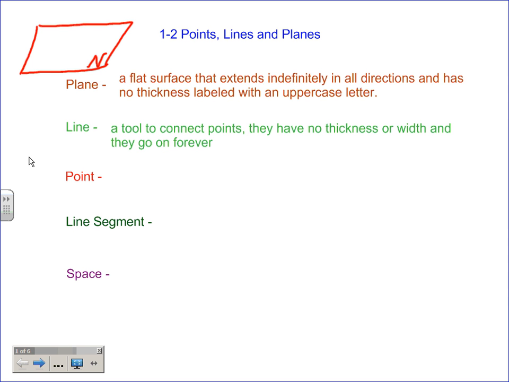Key, there's no thickness. And lines will also be normally named with a lowercase letter if that's all that's on there. So for example, like this, maybe here they'll do an N like that. See how that's lowercase? You can name a line that way. So a plane will have the uppercase. It doesn't have to be N. I just chose the same letter. It could be any letter of any alphabet, not necessarily ours. And then the line is N on this next one.